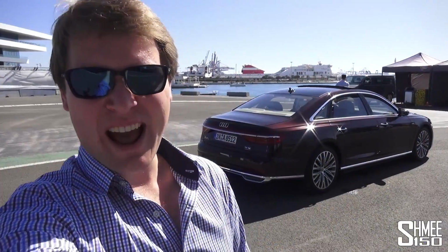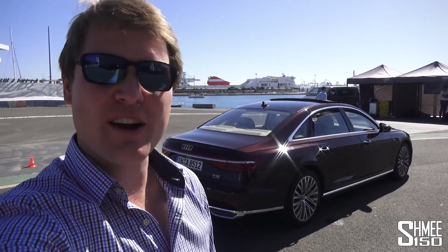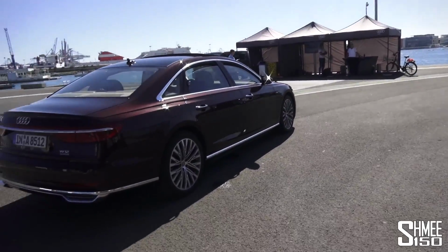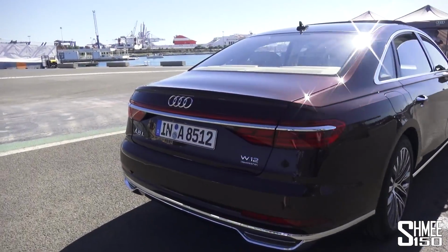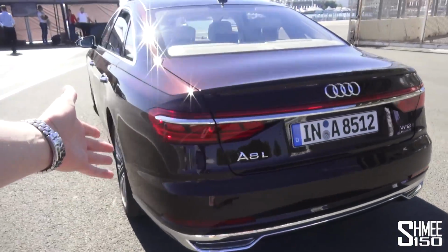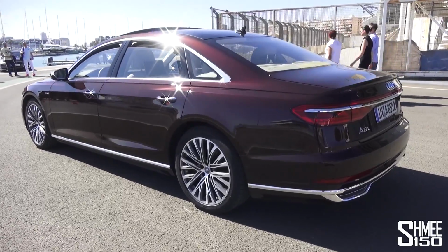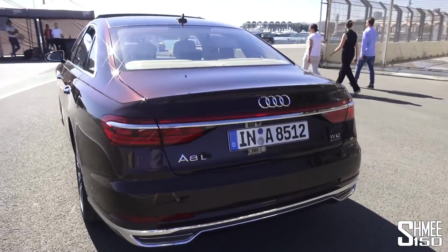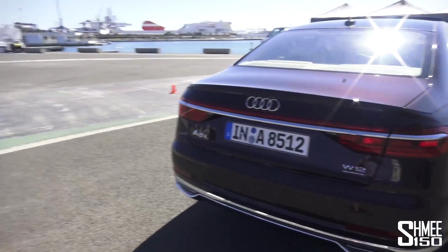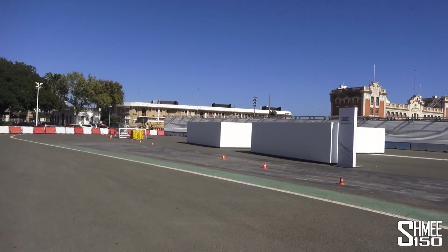We have 4 stations here to test out some of the safety functionality on these cars. And firstly, I'm just going to point out that this is the A8L W12. So not yet certified for road, but this is the 585 horsepower, 6-litre W12 engined version of the A8L. And this is going to be my first experience to discover the pre-safe and the way it can recognize objects